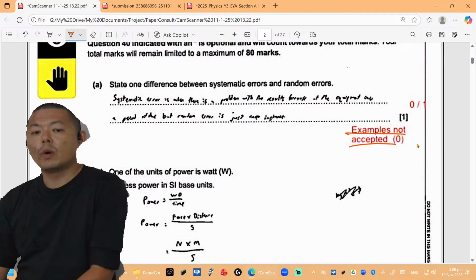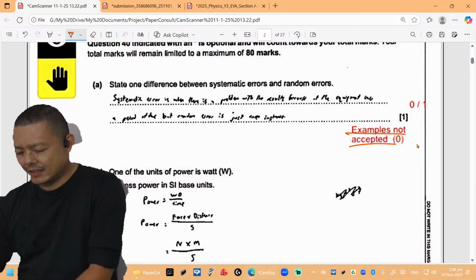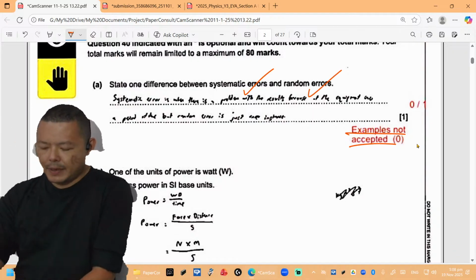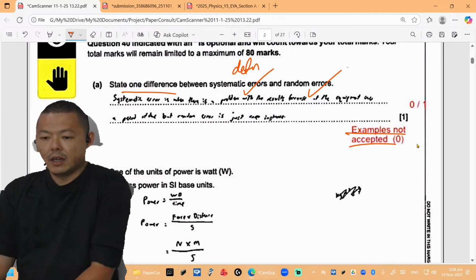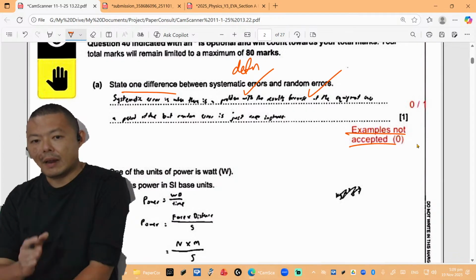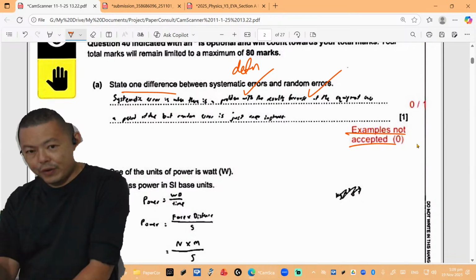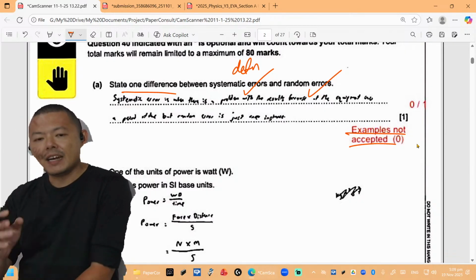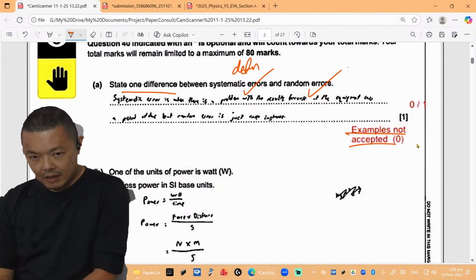So here's the thing. What you're asking, is it just a definition? Yes, the answer is just a definition. So systematic error, random error is just based on the definition. They ask you, state one difference, right? So you just go with definition. So systematic error is an error where the magnitude is constant for all readings. And the magnitude and direction of the error is constant for all readings. An example is